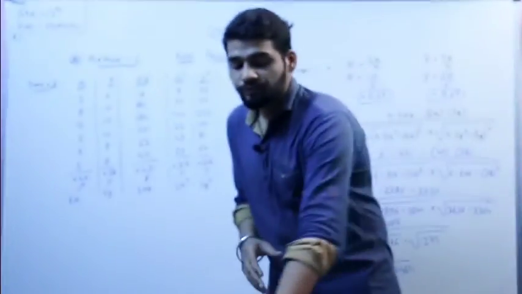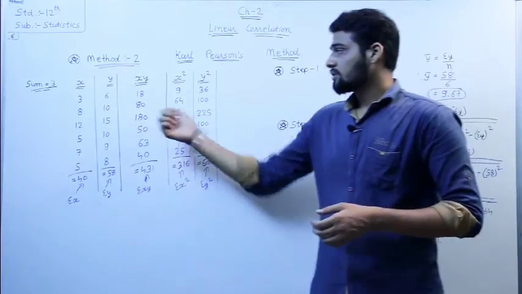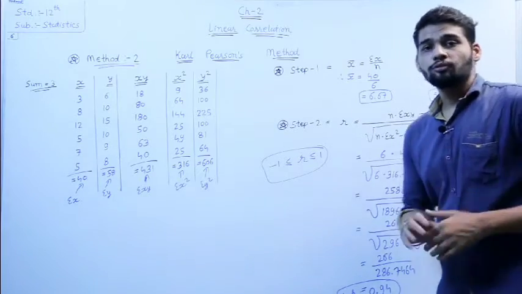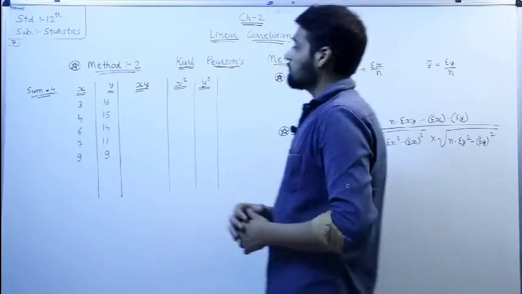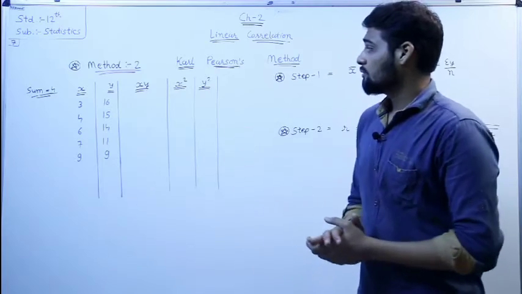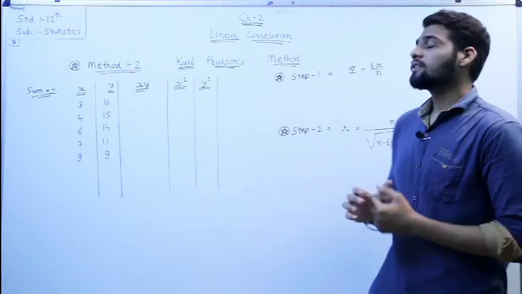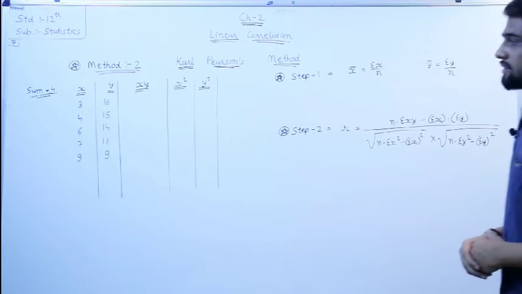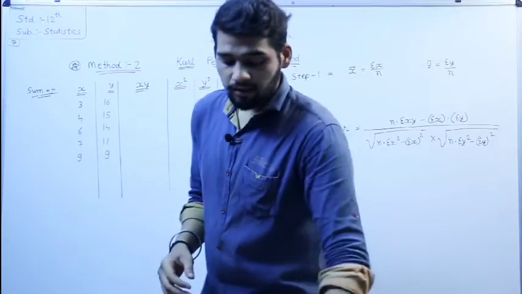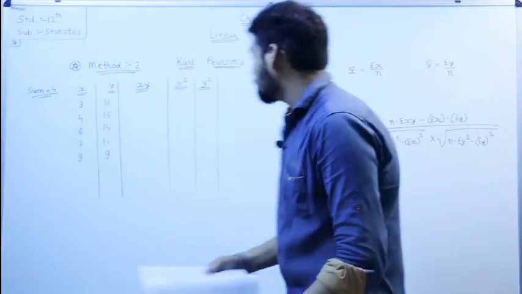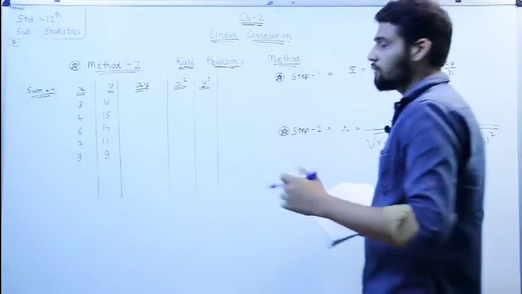Okay, so I hope you all understood how to find the values of all these columns. Okay, so please note down this sum in your notebook. Let me do another sum. Okay, so again in this sum we have small values of variables x and y. So again we use this same formula for the linear correlation. So first of all we find the x bar and y bar. So how to find x bar and y bar, students? So first of all we do the total of the x column and the total of the y column.